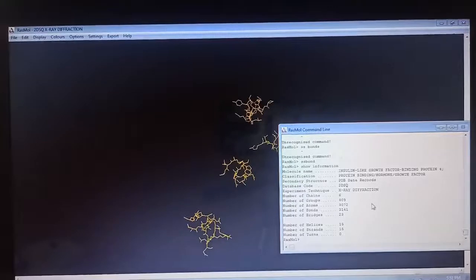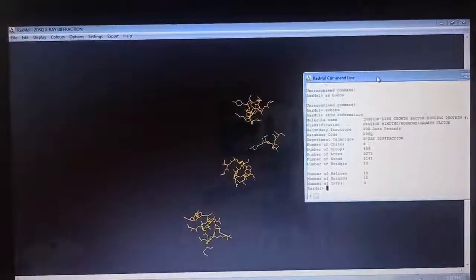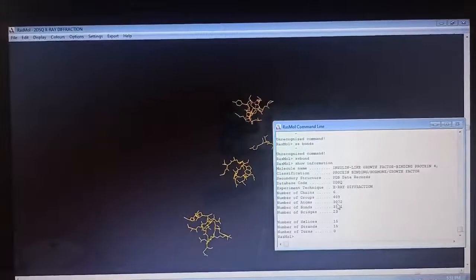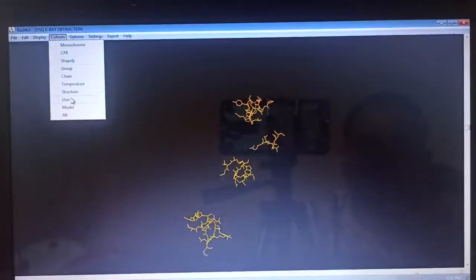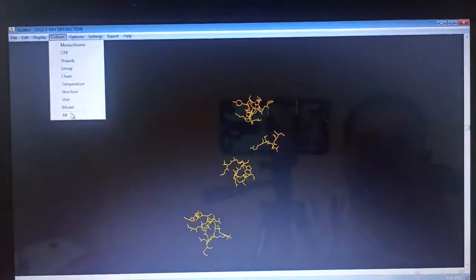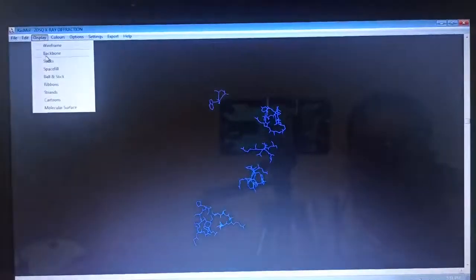Okay. So likewise you can put a number of commands here, and then you can get the different desired output on this window of RASMOL, and you can do the analysis of the PDB file like this. Here, a number of commands are also available from the display menu, and you get a user manual also where you can select the commands that you want, or you can show it in different structures, just like I am doing here using the display commands and all other commands.